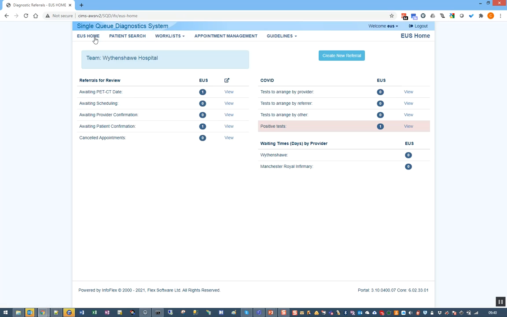And the only other thing is here, so COVID there, then here, the waiting times by provider, you can see the waiting times for the procedure. So that's it as regards the walkthrough. Any other questions? Otherwise,